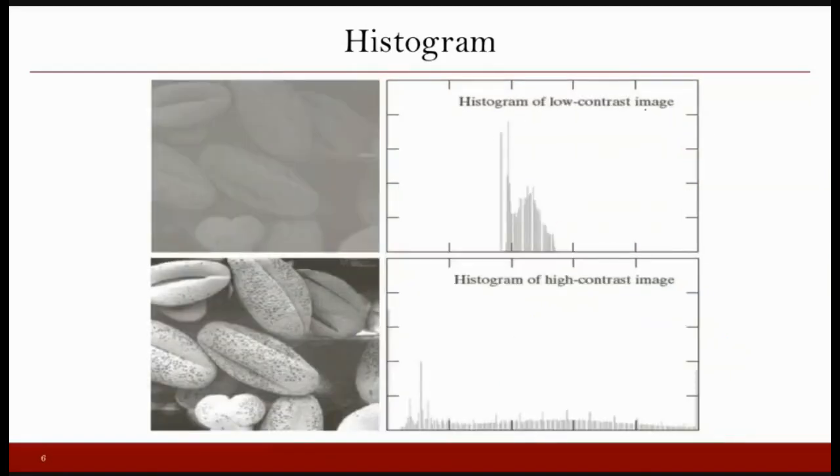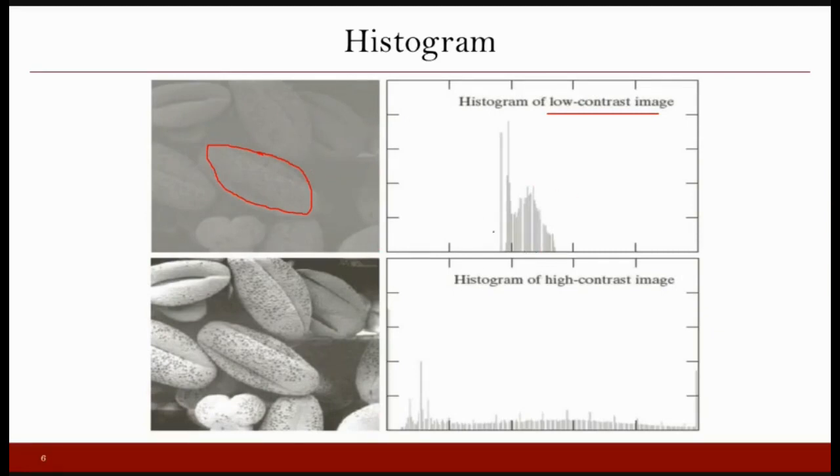Similarly, for histograms where the contrast is low, this basically means that whatever objects you have, you are not able to differentiate between them. The foreground and the background do not have any difference. You see that exactly here. If your objective is to see these objects here, you are not able to differentiate them from the background, and the reason is that the background and the foreground have similar intensities. So when the contrast is low, you will find that the histogram will be accumulated at one place.